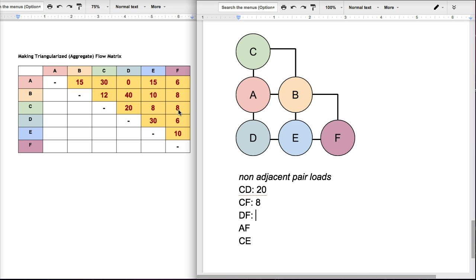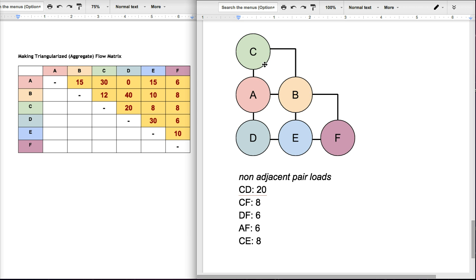Between D and F is 6. Between A and F is 6. And between C and E is 8. With reference to the grids behind the actual buildings, I can see that each one of those non-adjacent pairs are